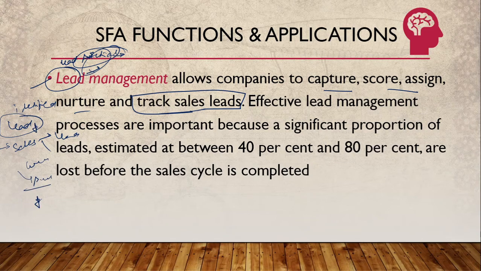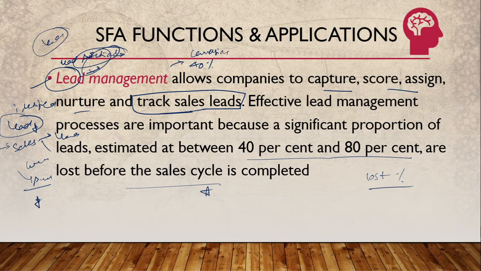It is also understood that with leads, 40% to 80% are lost before the sale is completed. So the loss percentage is high. Even if you are maintaining good lead management and keeping track of these things, the conversion from normal leads to a successful customer can be around 40% on average. So it is essential for the sales team to be in contact with the leads, and a high conversion rate of these leads is also essential.